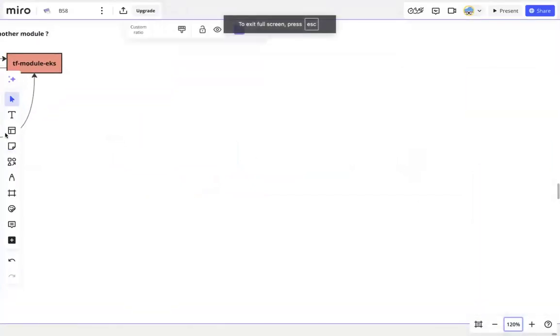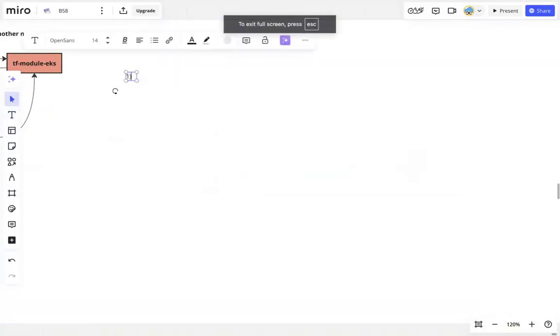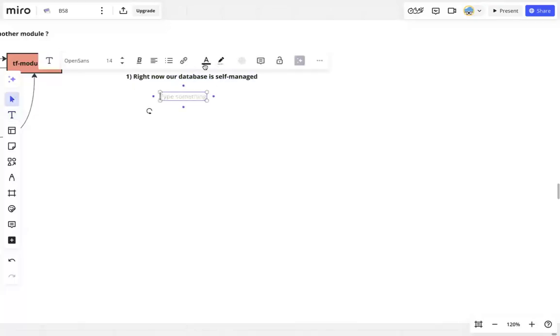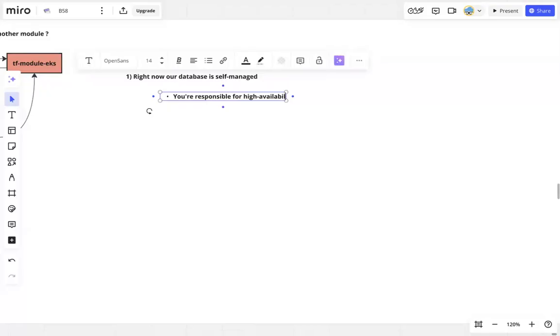So right now our database is self-managed. If it is self-managed, you are responsible for high availability of it. You're responsible for